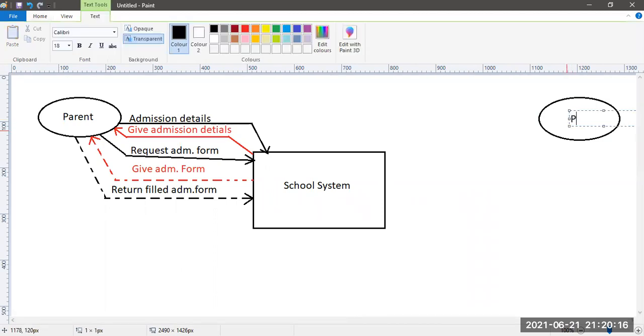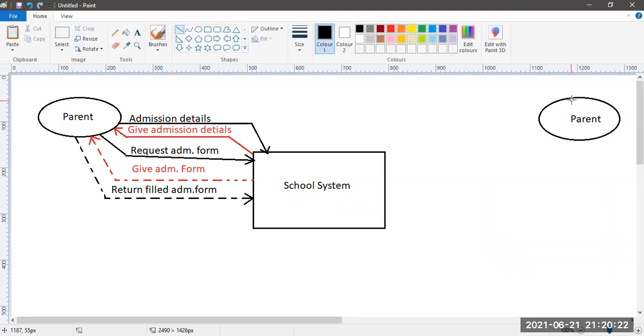He's the same parent, but since I don't have enough room to draw the arrows, I'm going to use a duplicate entity. When I'm using a duplicate entity, that means the same person in another area, I'm going to use a line like this.